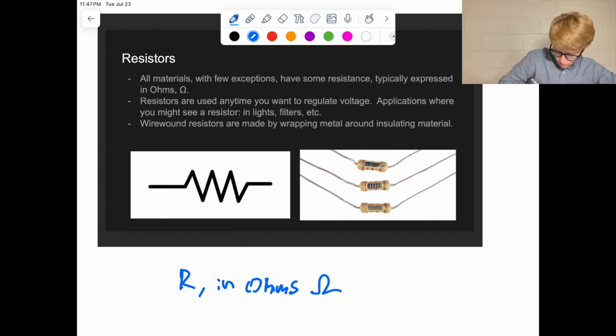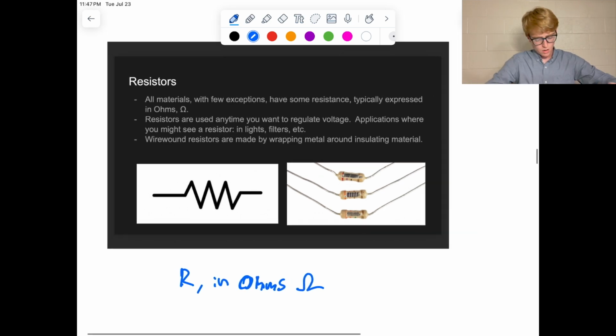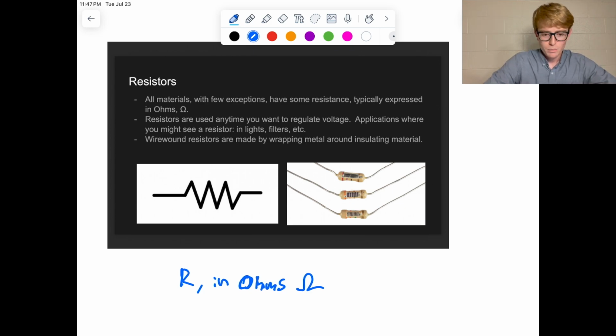And there's our symbol for ohms here. Okay, so every material has some resistance, except for maybe superconductors. But yeah, so resistors basically just cause a voltage drop in our circuit, right? So anytime I want to regulate voltage or have a voltage drop in a circuit, that's where I'll see a